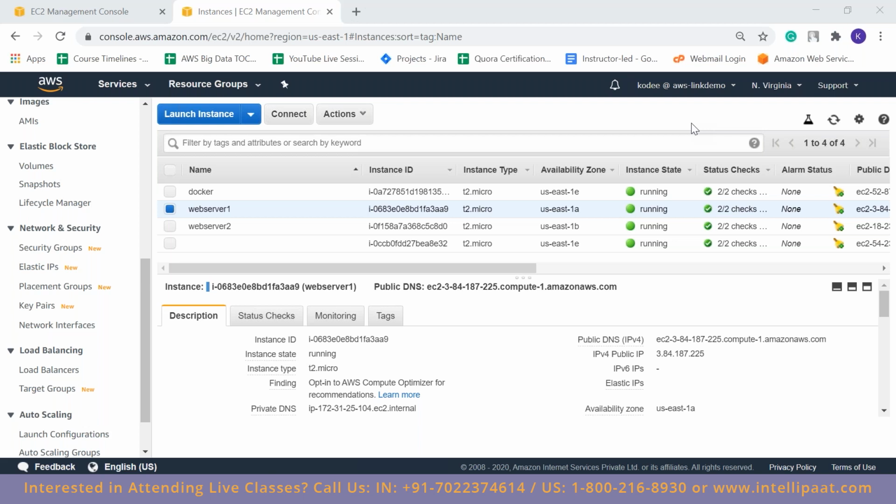So that is one good thing with Intellepart: once you have taken a training, and after some time there are certain upgradations, certain changes in the technology, you can come back to us and take our entire training free of cost all over again. We also keep checking if some people are lagging on some topics, and we provide them extra classes. We tell them what videos to refer to and what PDFs to go through, and accordingly we help them out.